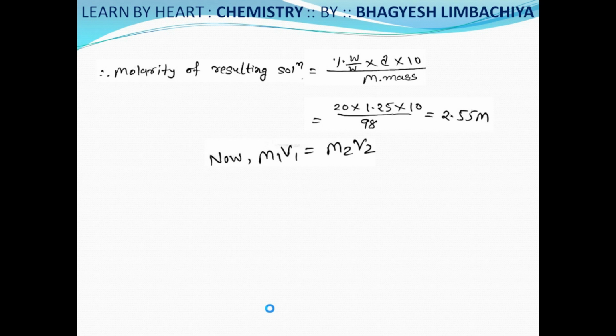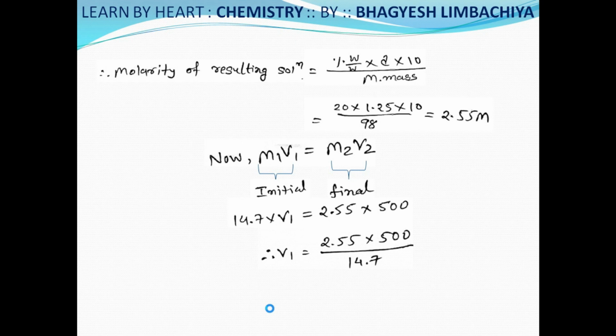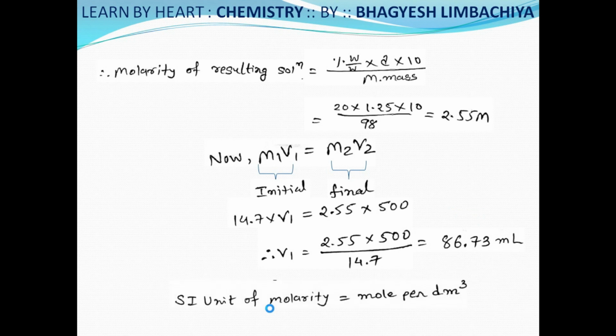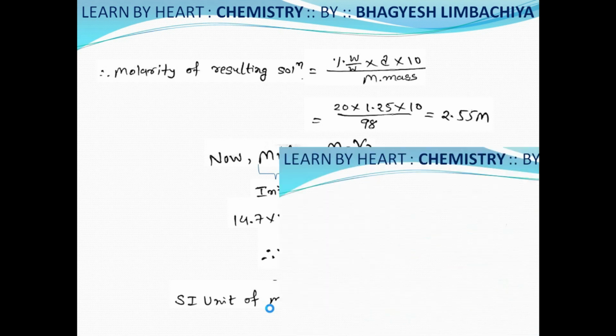So M1V1 equals M2V2. Here M1V1 is initial and M2V2 is final. So 14.7 into V1 equals 2.55 into 500. So V1 is calculated, and it is 86.73 ml. And the SI unit of molarity is mole per decimeter cube. So these are our answers. Next,